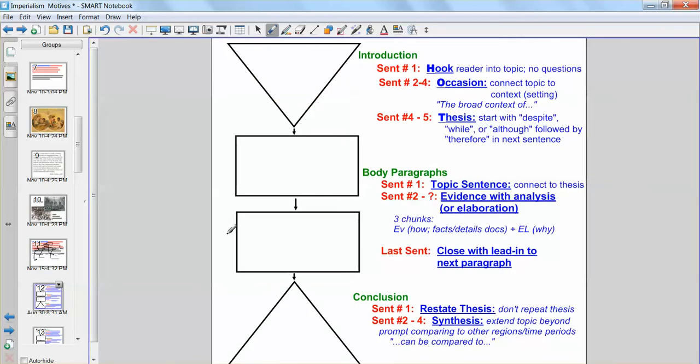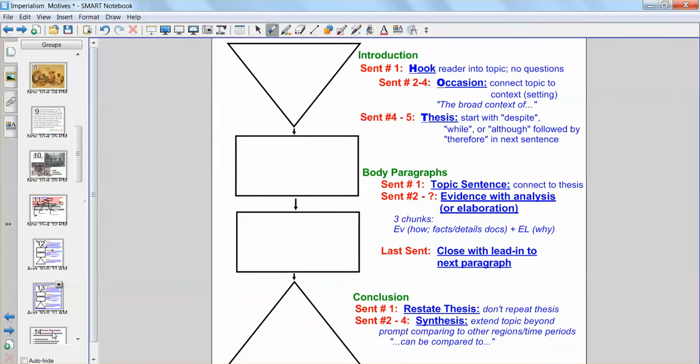So let's take a look at the bigger picture here. This isn't a full essay. In class so far, we have talked about the body paragraphs and the thesis, but we really haven't talked about intro and conclusion yet. We'll get there. For now, the only thing that I want you worried about in this case is your thesis statement and one body paragraph that you're going to be writing for this assignment.